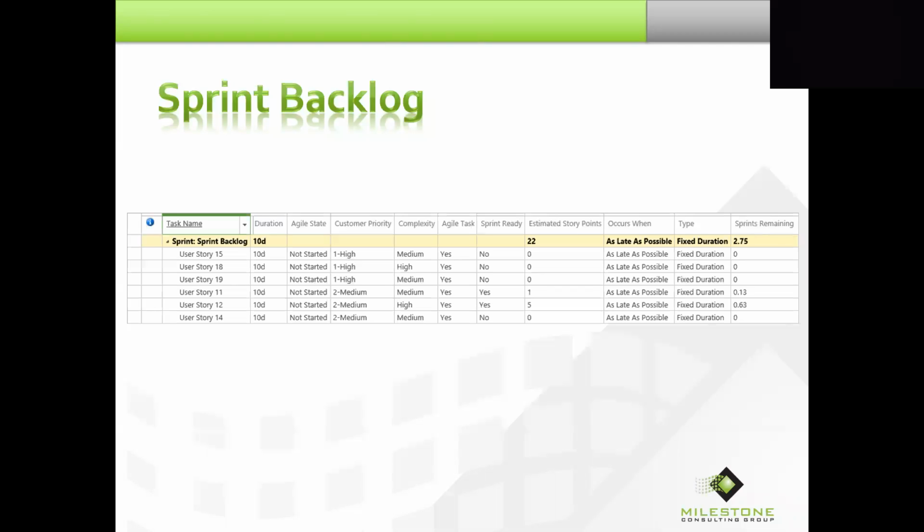So I decide I'm going to split it into 3. One user story with 8, another one with 8, and the third one with 5. Well, that's pretty easy. We've seen all we have to do is ungroup the view, and then I can do an insert so they all stay together,